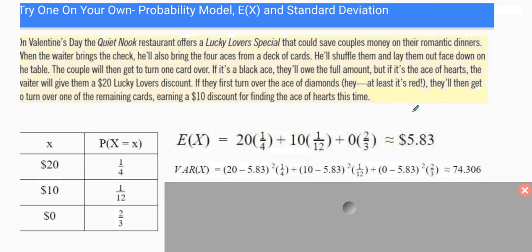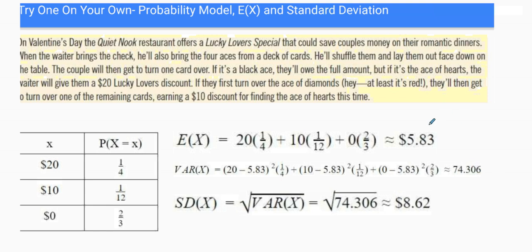So our variance is 74.306, which you can leave like that because we're not going to use it like that. What we are going to use is the standard deviation. We're going to take the square root of 74.306, and we're going to say that on average, the discount is going to be $5.83 with a standard deviation of